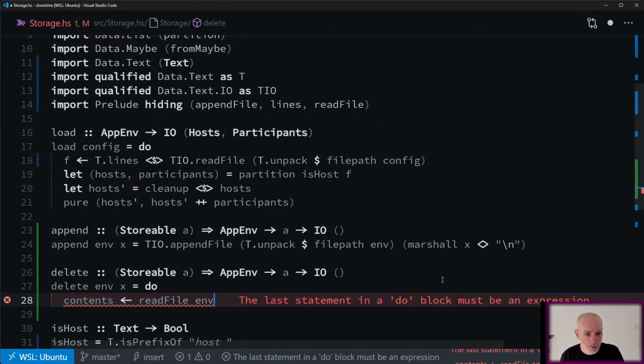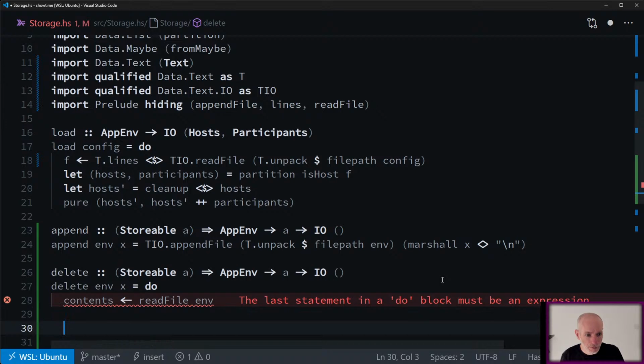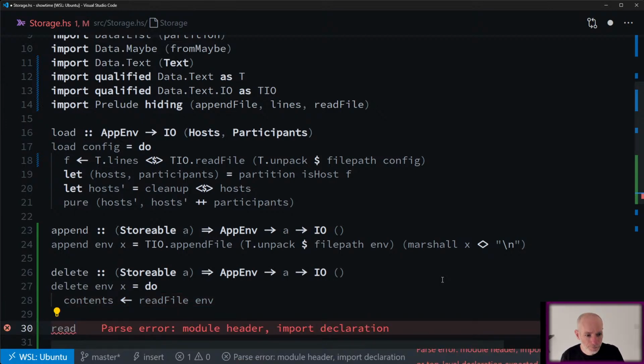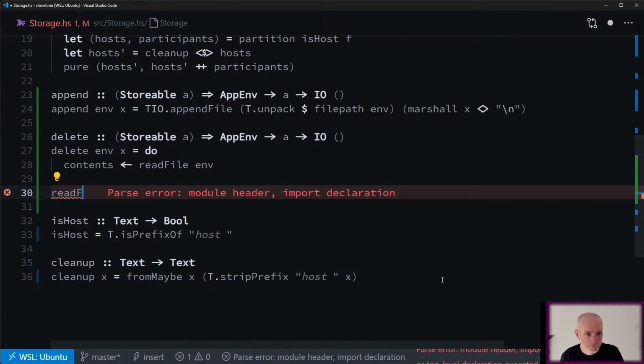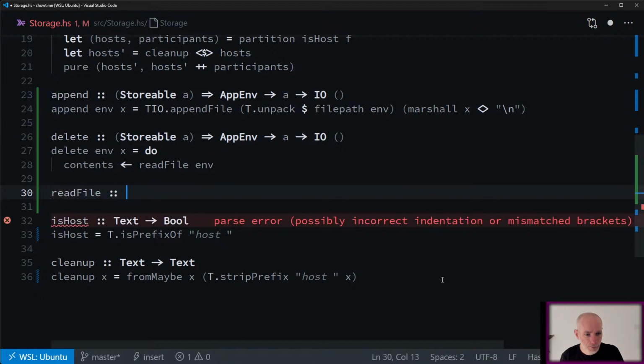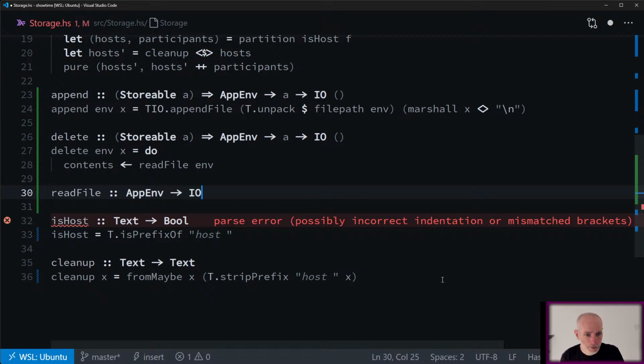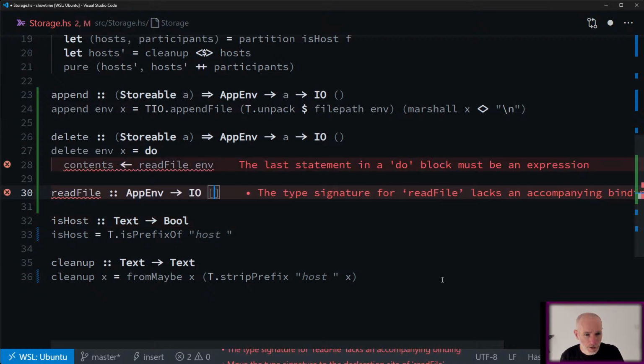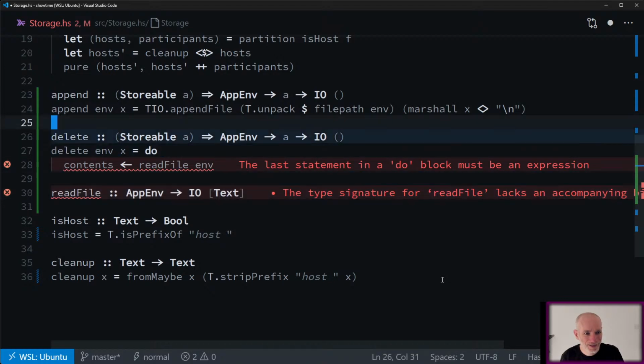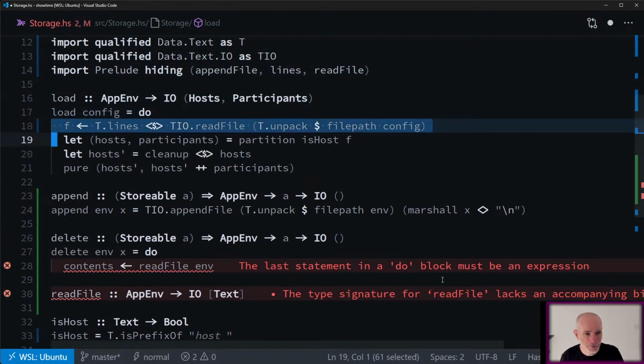I'll give the environment. So read file will take an append and just return a list of texts. And the definition of read file is this one.